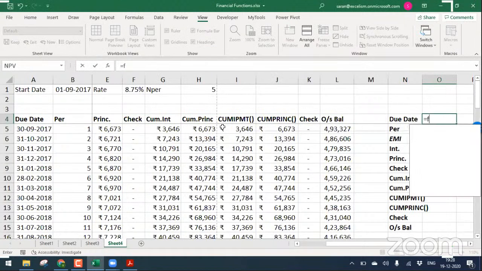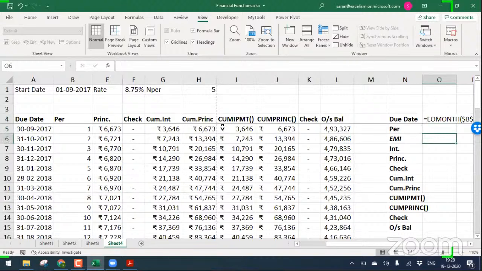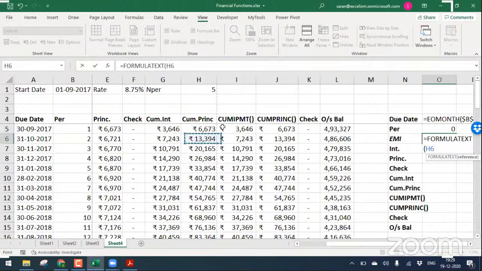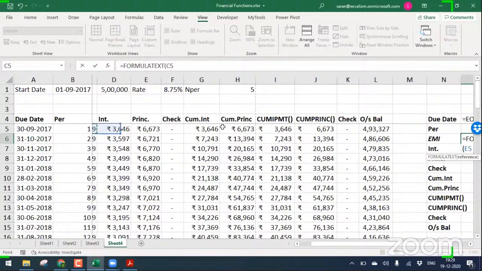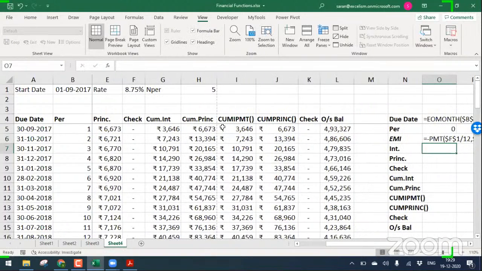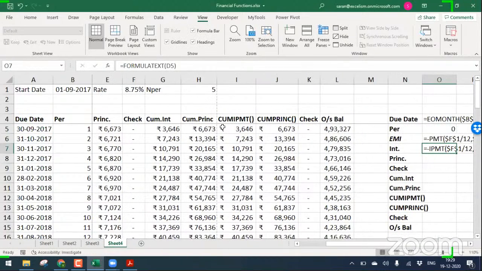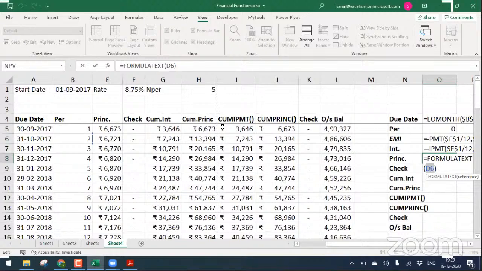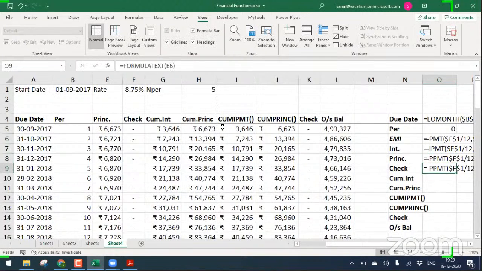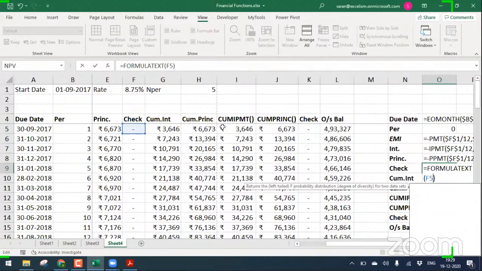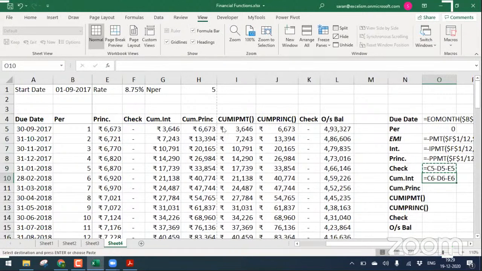So let me give the formula text here. This doesn't have any formula text, so it's having nothing. This is having a formula, that's EMI. Let me have equal to FORMULATEXT. That's going to be the interest D5, then E5, then F5,